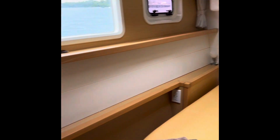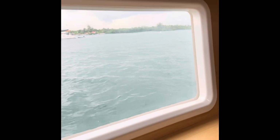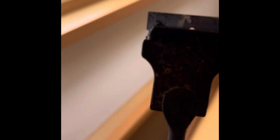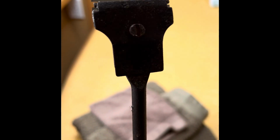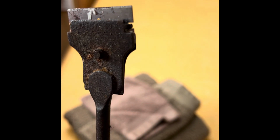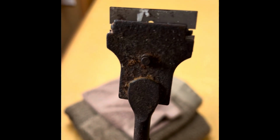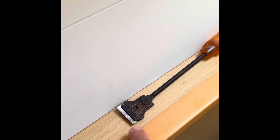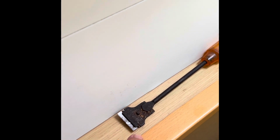Okay, so removing the film, as you can see, our windows are all done. There's two very simple tools that I use. This type of scraper that just uses a simple razor blade. What I do when I do windows, I use my grinder and I grind off the tips so that they're more rounded. So the tips of your blades should be a little bit rounded so that you don't